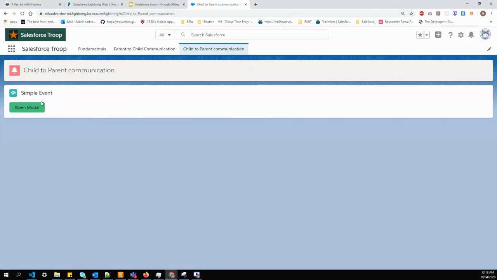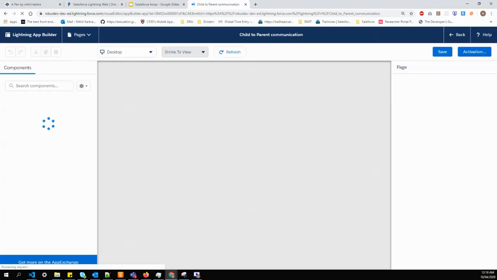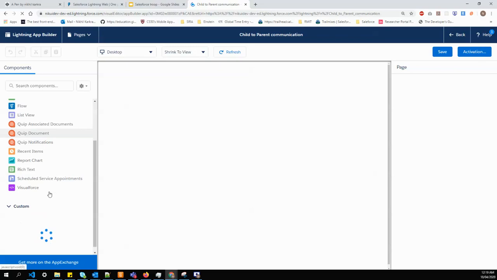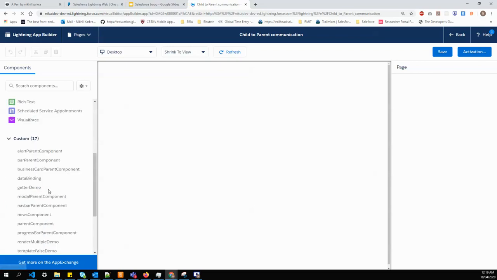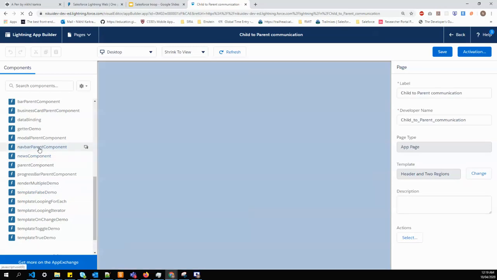Let's go to our org. Let's edit the page. Let's look for our component name, nav bar parent component.